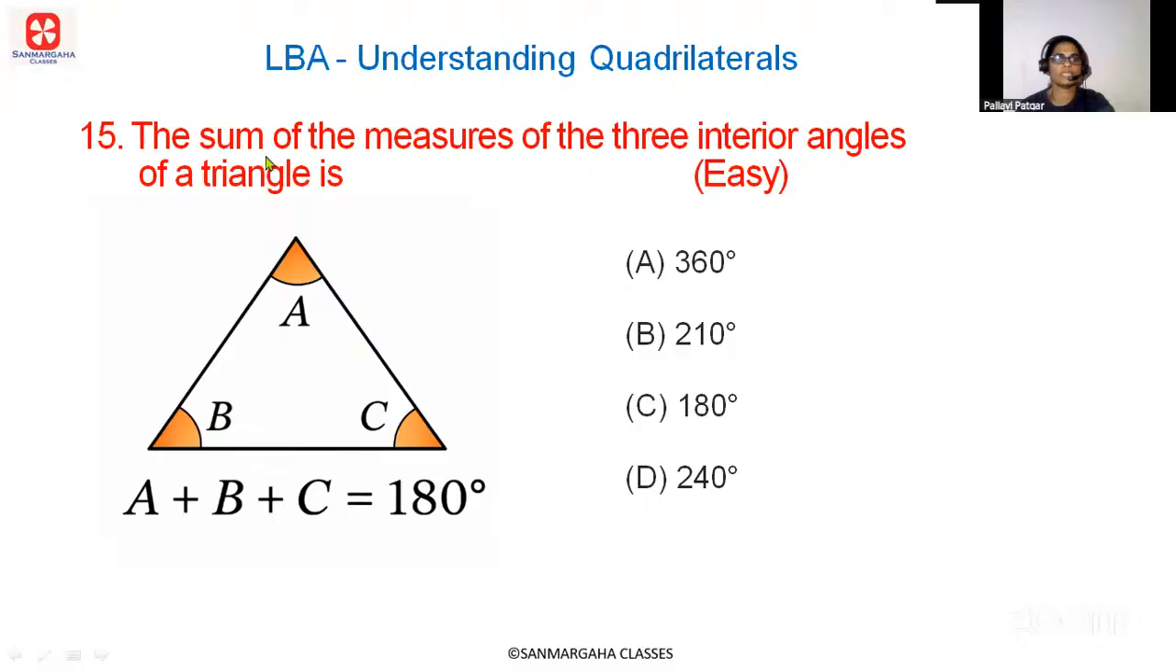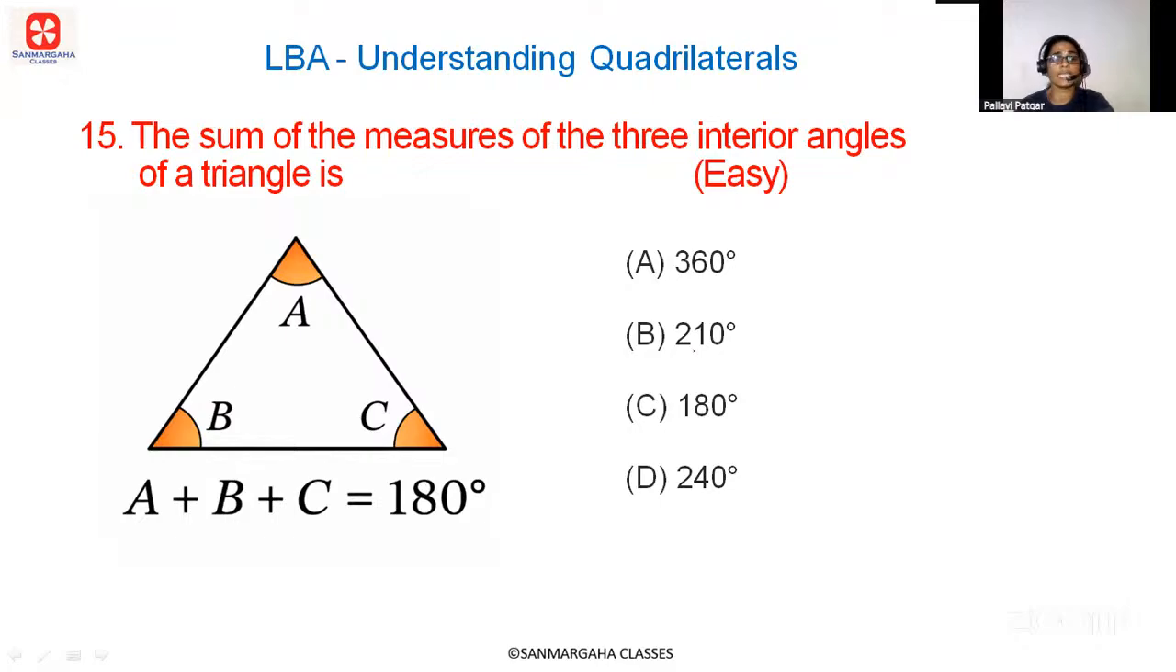In this chapter, look at question number 15. The sum of the measures of the three interior angles of a triangle is: A, 360 degree; B, 210 degree; C, 180 degree; D, 240 degree. Okay. So,